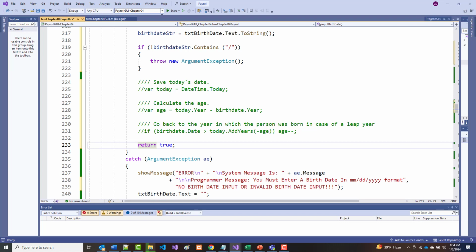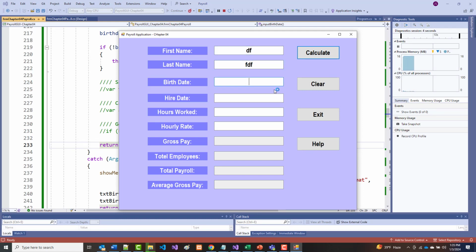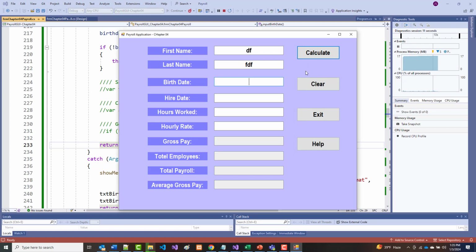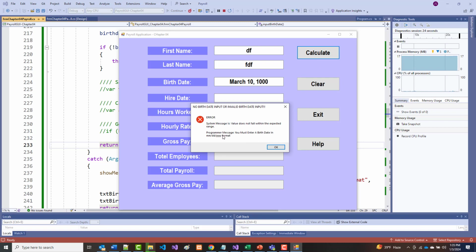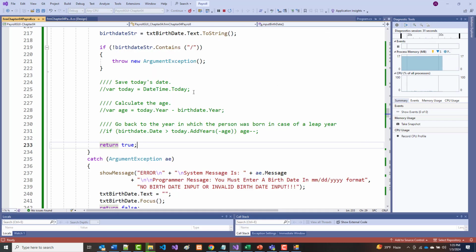All right, so if I run this and I put something in here and I put something in here, but I leave this blank, no birth date or invalid birth date format. Okay, but if I do put this in and I don't have a slash, so let's put in March 10th, 1999. I'm just making up a date. That's fine. All right. Must be in that format. Good. All right. So if I get down here,